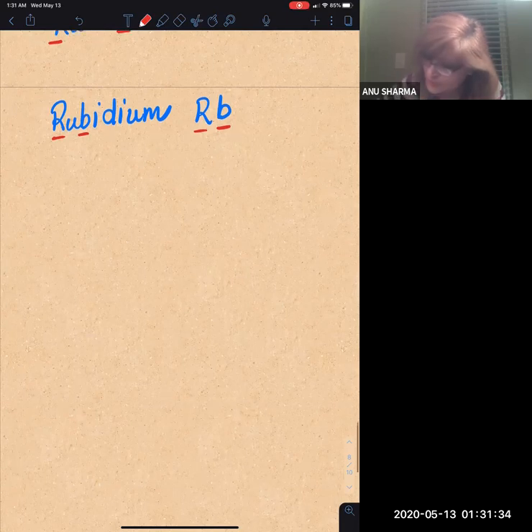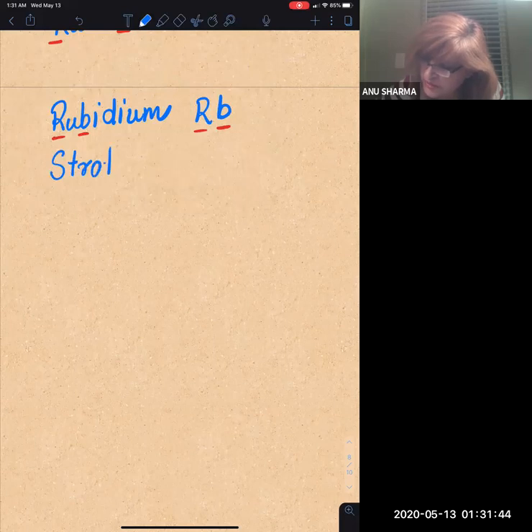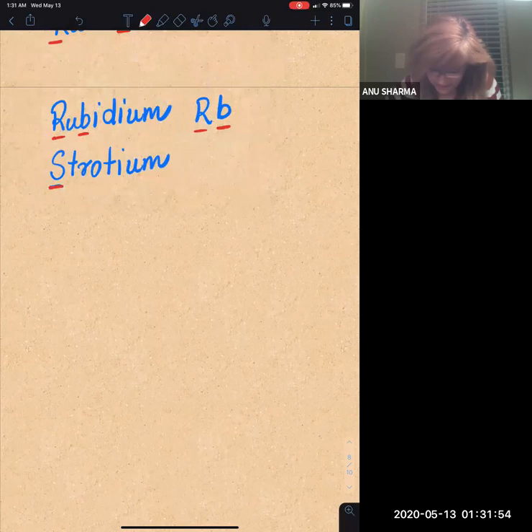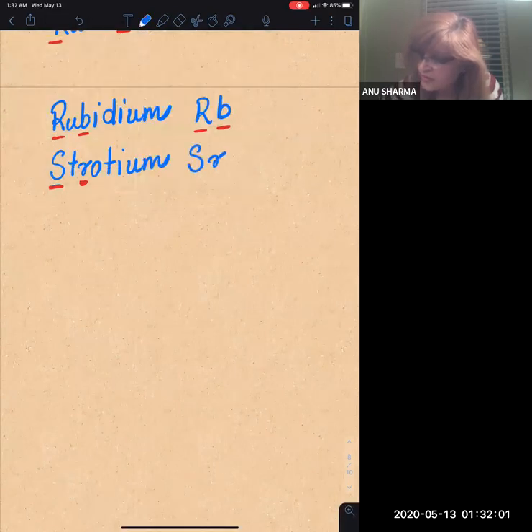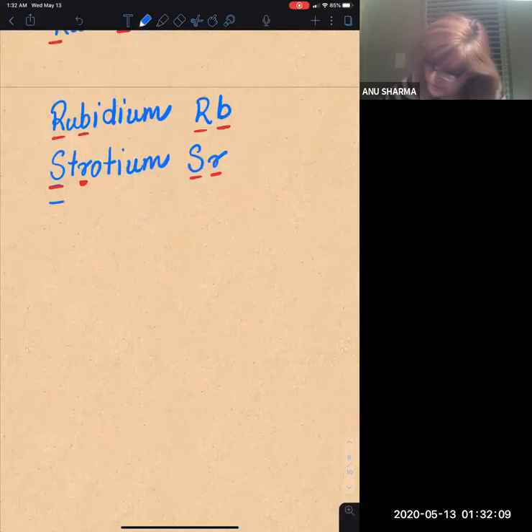Okay. Strontium. Look at the strontium. Strontium, and it's the S and the R. Okay, so strontium, Sr. Okay, Sr, strontium. And then comes technetium,